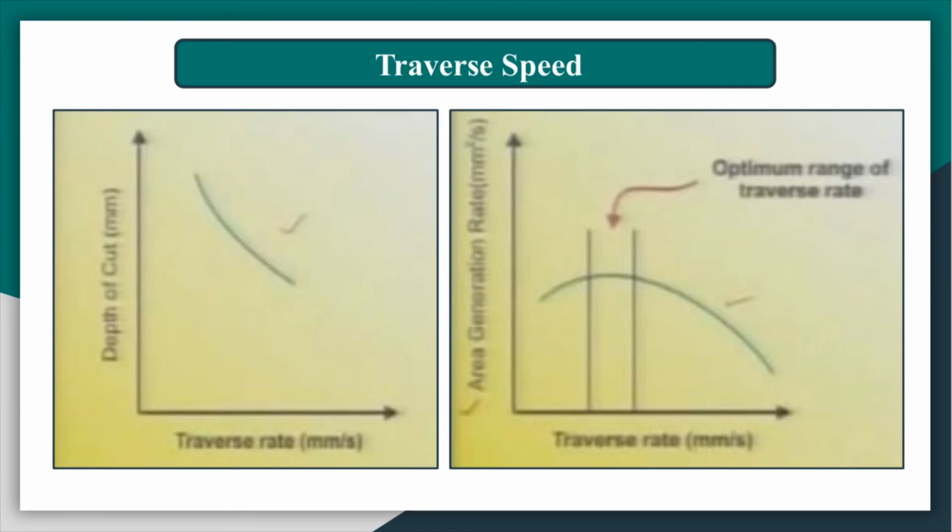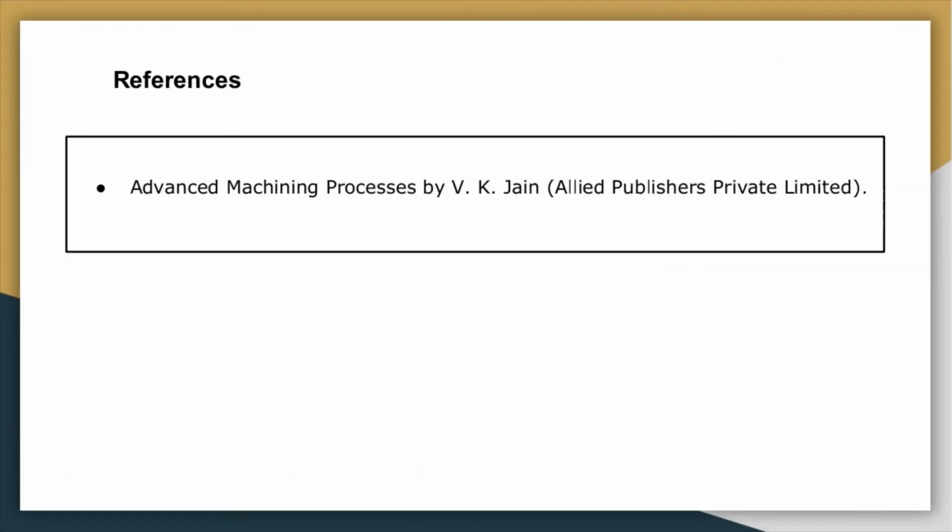And if you see in this diagram, as the traverse rate increases, the area generation rate is increasing. There is an optimum area generation, beyond which it starts decreasing. Now the depth of cut decreases with the increasing traverse rate, which may be within 10 mm per second. So this is about the traverse rate. Herewith we have finished with the process parameters and their effect on the performance of abrasive water jet machining,